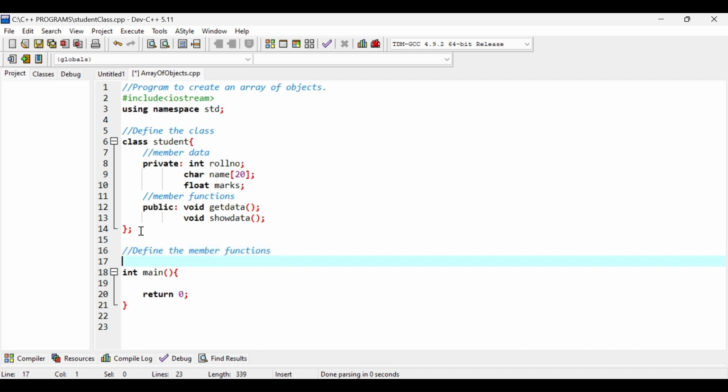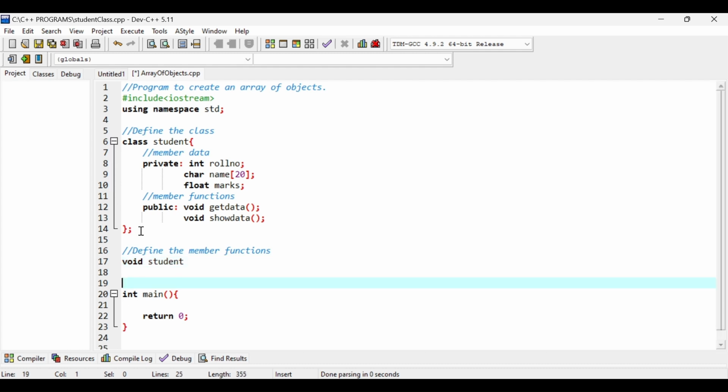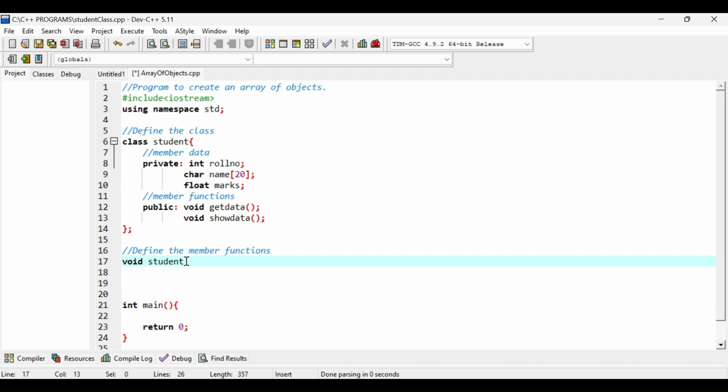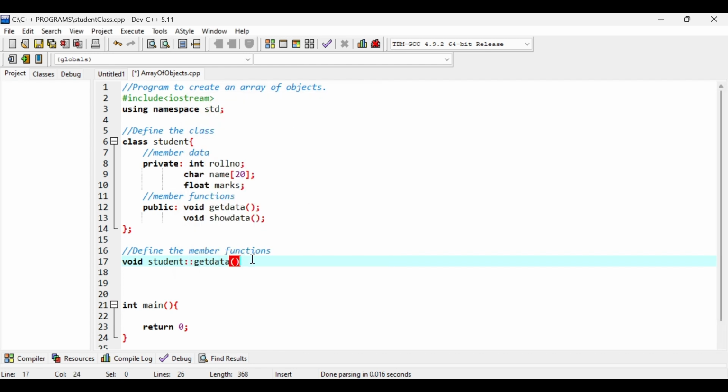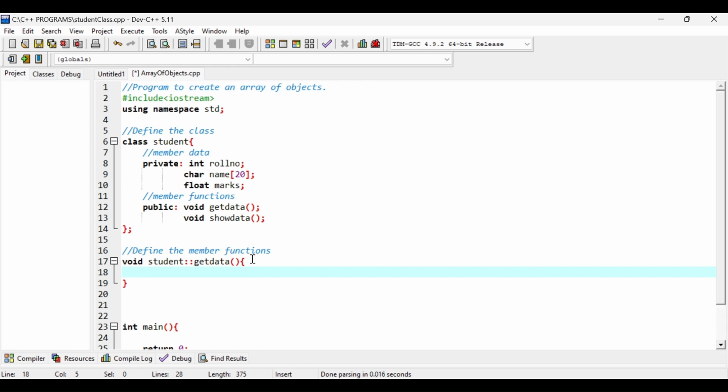So here my first member function would be defined as return type void, then the name of the class student, and here I will put scope resolution operator, get data, and now I am going to type the function body as